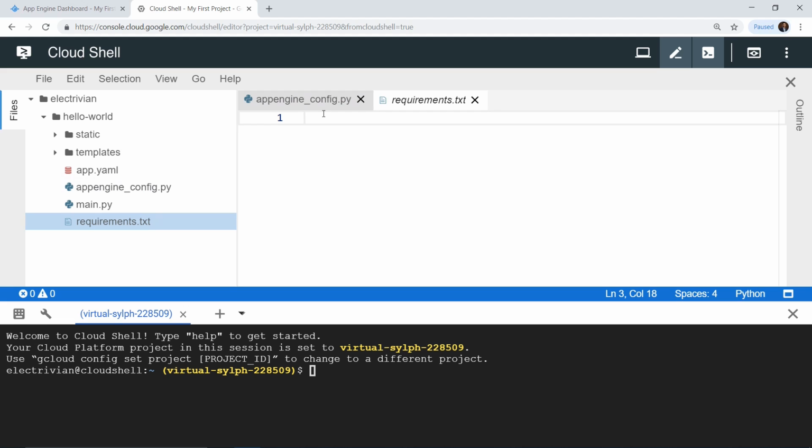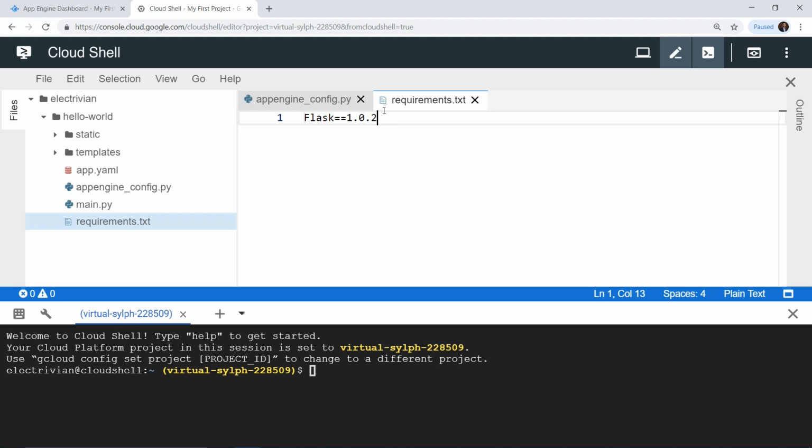Inside the requirements.txt file, we have to specify what requirements there are for this particular project. By requirements, I mean what modules or Python packages we need for this project. The first one is Flask, and after giving the name of the package, we also have to specify a version. After Flask, we have double equals, and then 1.0.2. This is the current version of Flask that is being used.